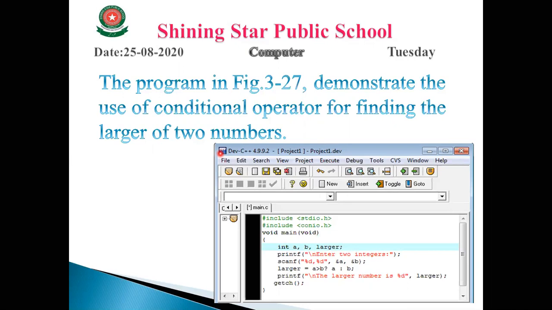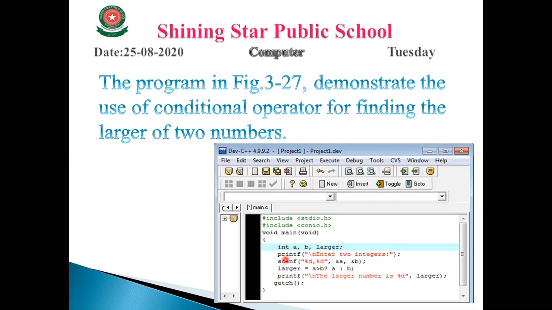Okay, next, printf. We know what the function of printf is. Whenever we use printf, it means we have to display a message on our screen. So when the controller executes this line, "Enter two integers", this message will display on our monitor and LCD. Next, scanf.